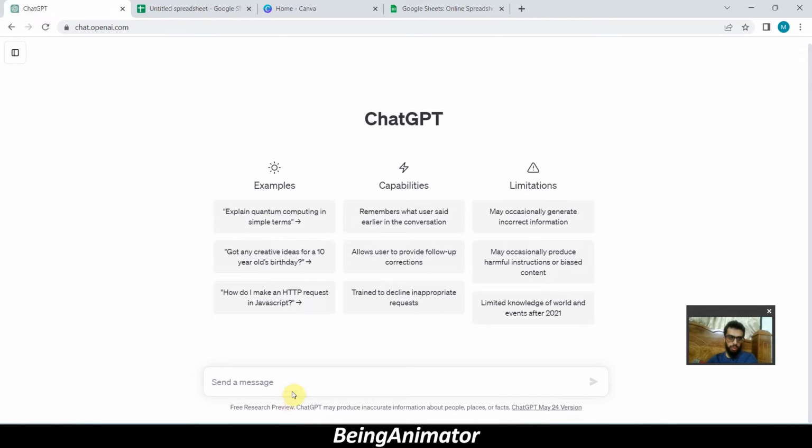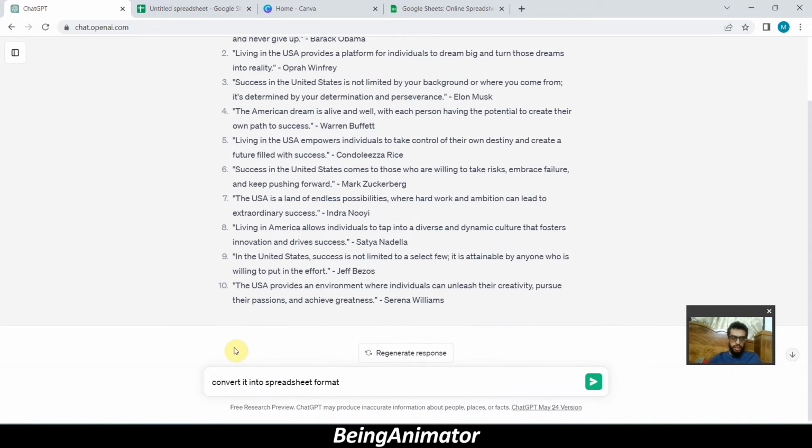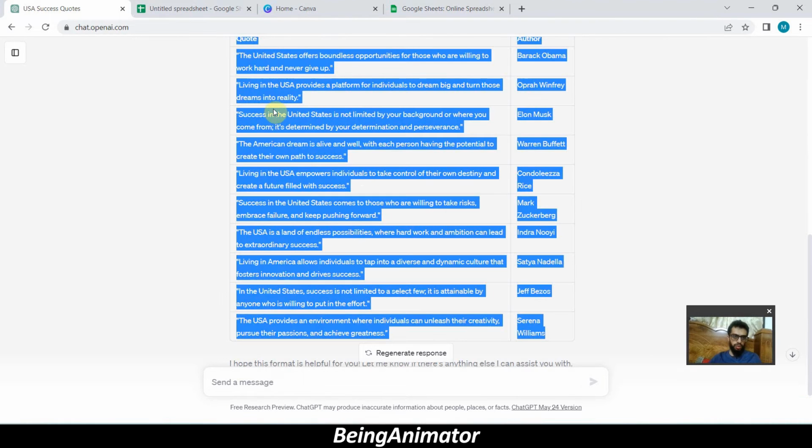I will write down the prompt. Give me 10 quotes about living in the US that will lead to success, along with the author names. So it will give us 10 quotes. The next prompt is convert it into a spreadsheet format. We will copy it